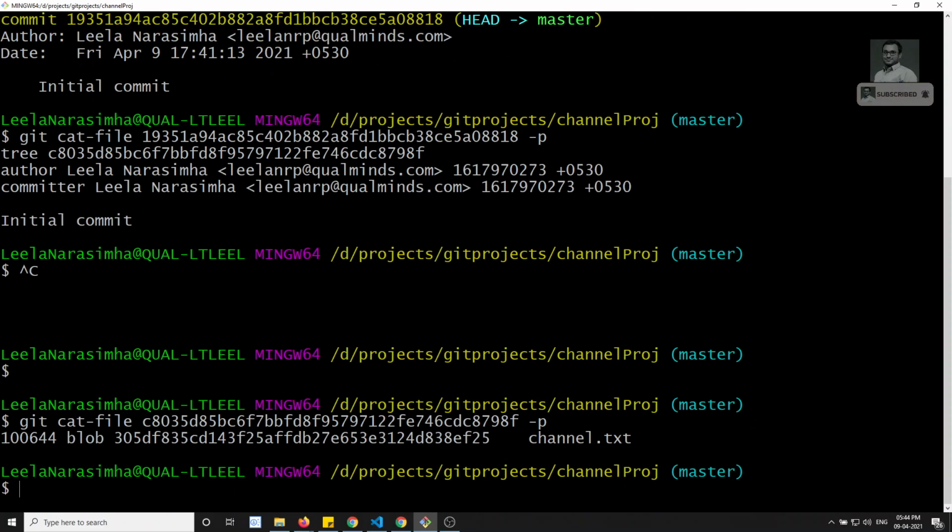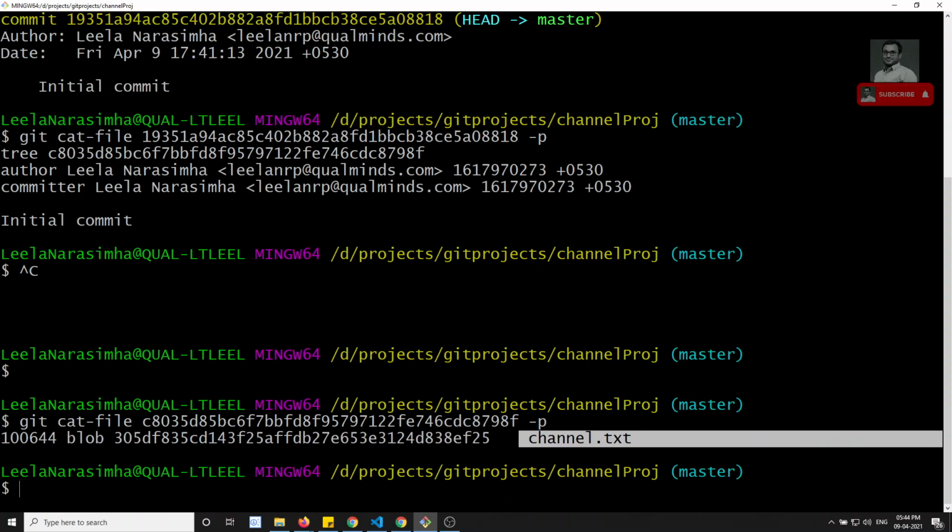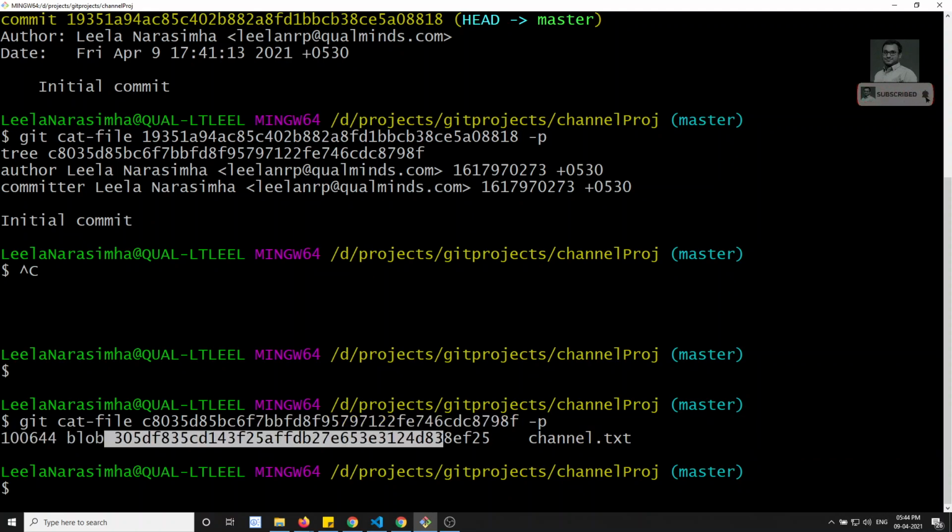Now here you will be able to see the details: channel.txt. So this tree is referencing channel.txt, and this channel.txt has some unique hash, and it is of type blob. Blob means this is the end. This hash is storing the content.